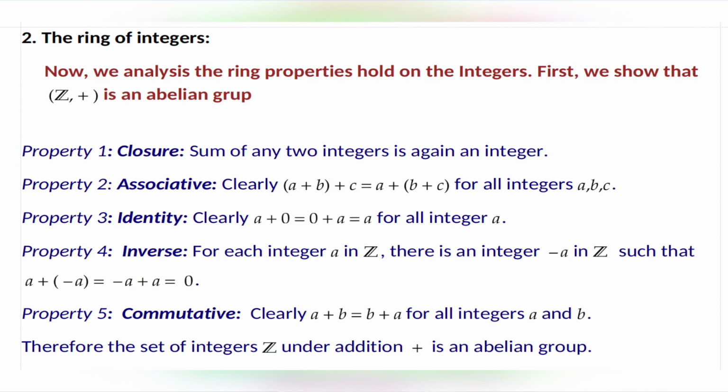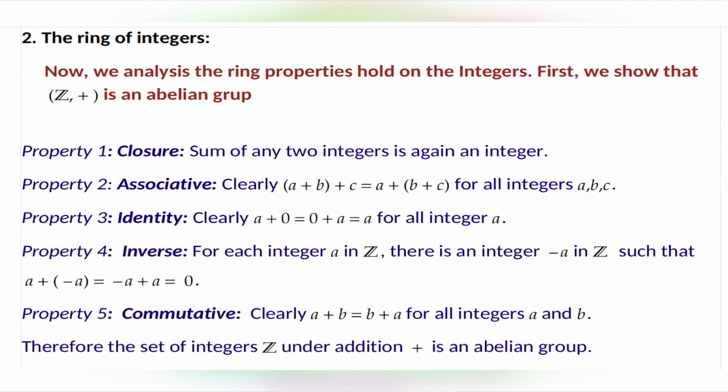Now we analyze the ring properties that hold on the integers. First we show that integers under addition form an abelian group. The first property is the closure property. Sum of any two integers is again an integer. The second property is associative. Clearly (a plus b) plus c is equal to a plus (b plus c) for all integers a, b, c. The third property is